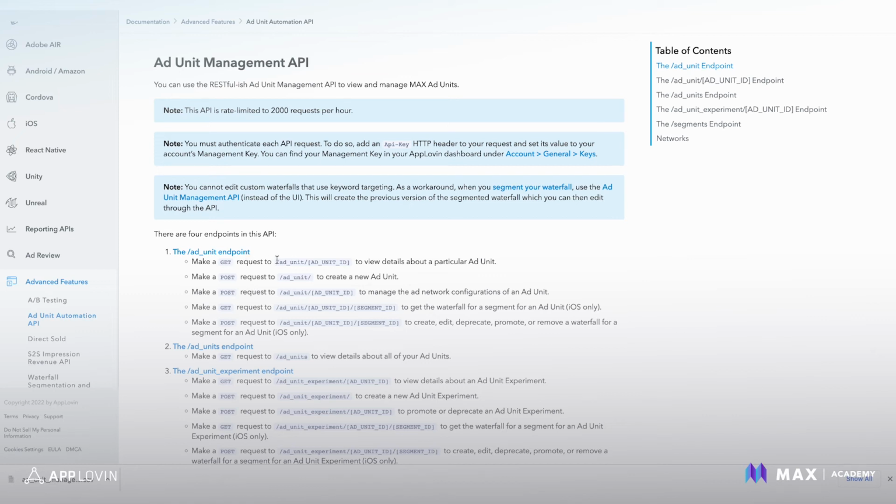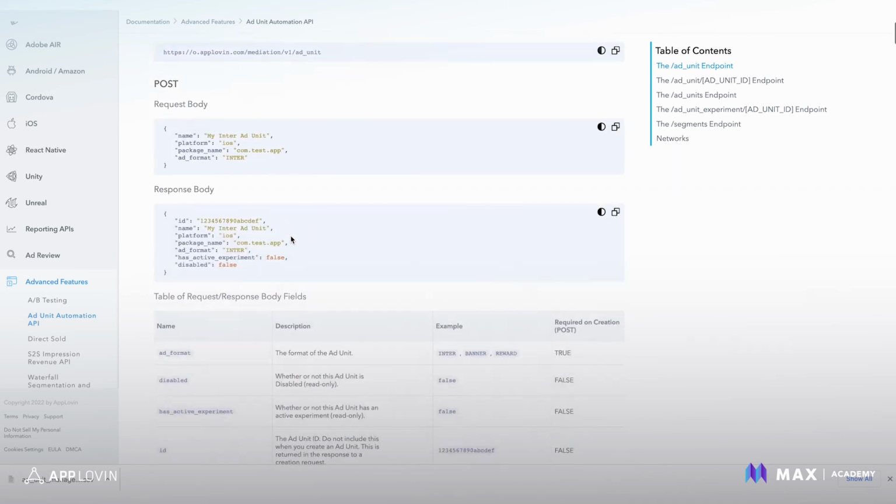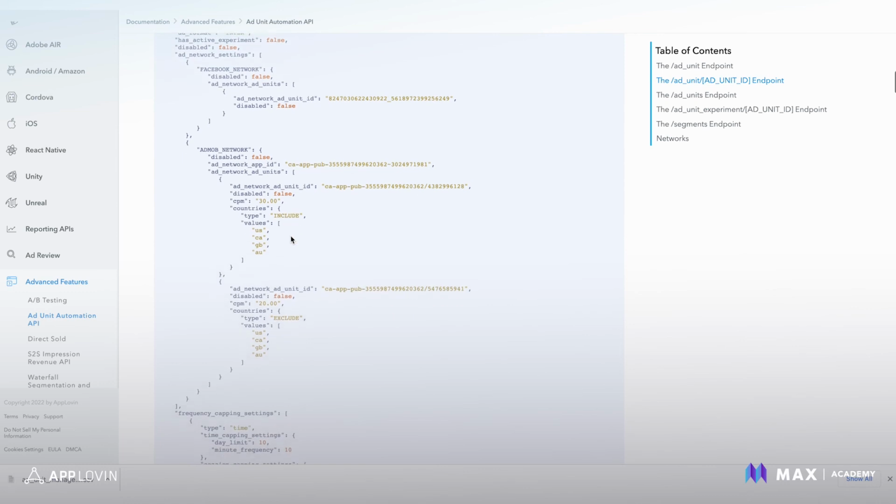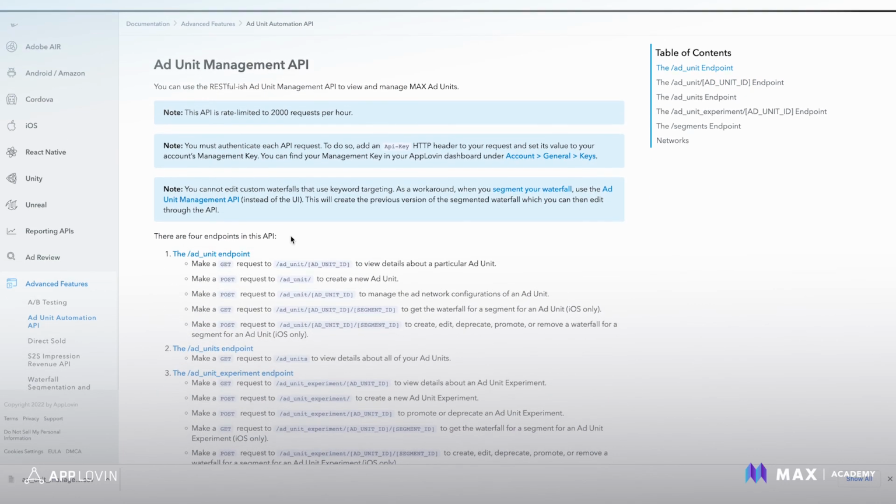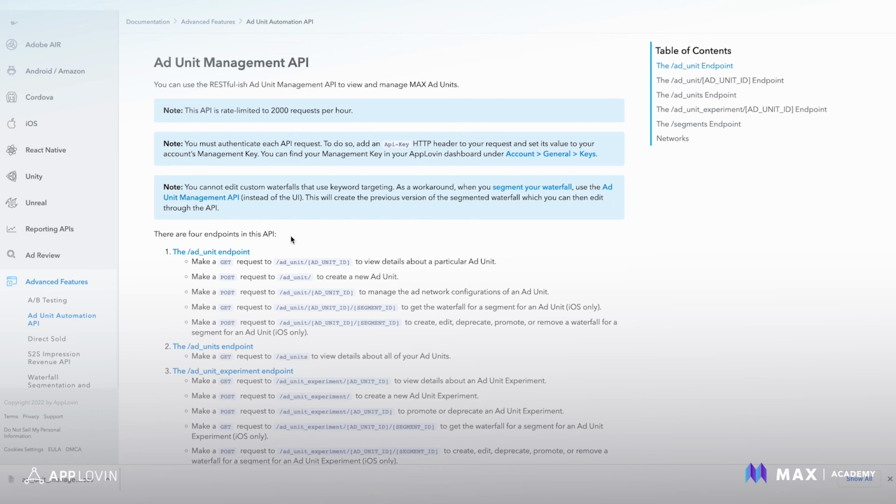So the first is our Ad Unit Management API. It automates your daily monetization tasks. Create ad units, apps, update waterfalls, set up new A/B tests, promote those tests, duplicate waterfalls within the app. You can do that all within the API. Right now, we're looking at the documentation within our developer documentation to give you more information on how to do this. Large and small publishers alike can easily connect our API to their business intelligence tools to automate these actions in Max. To learn more, you see we have documentation. You can go ahead and navigate to it.